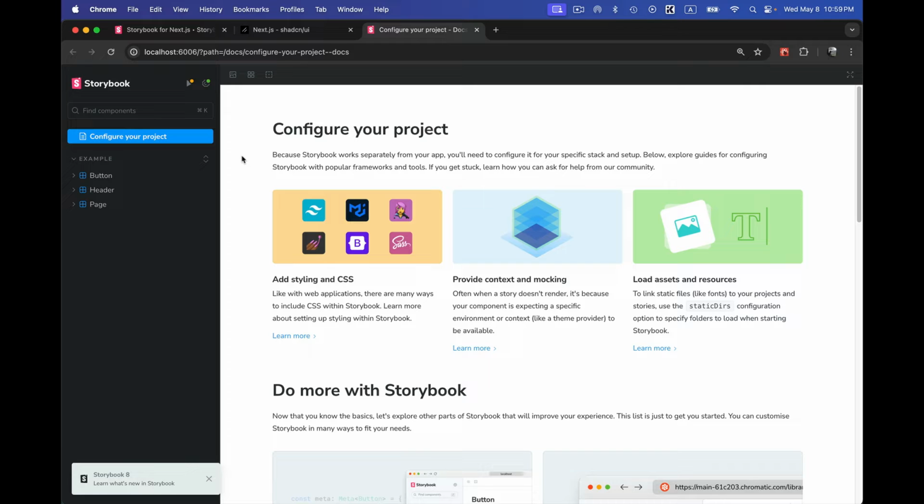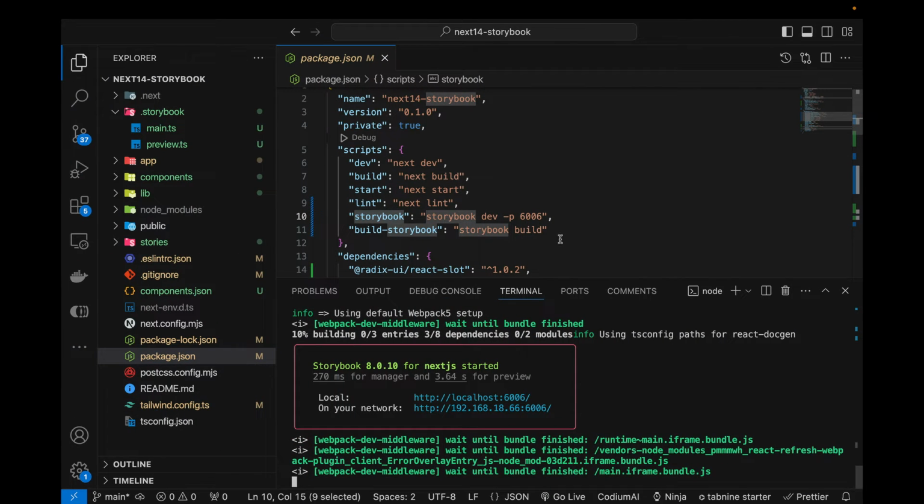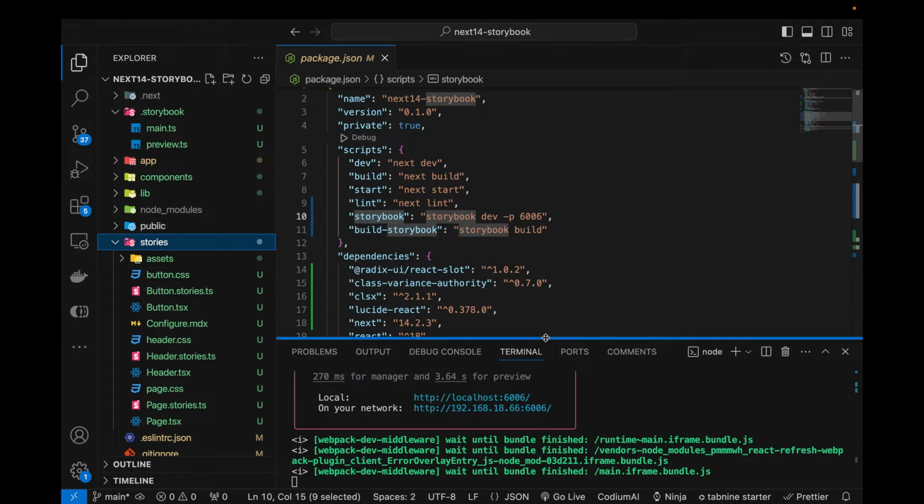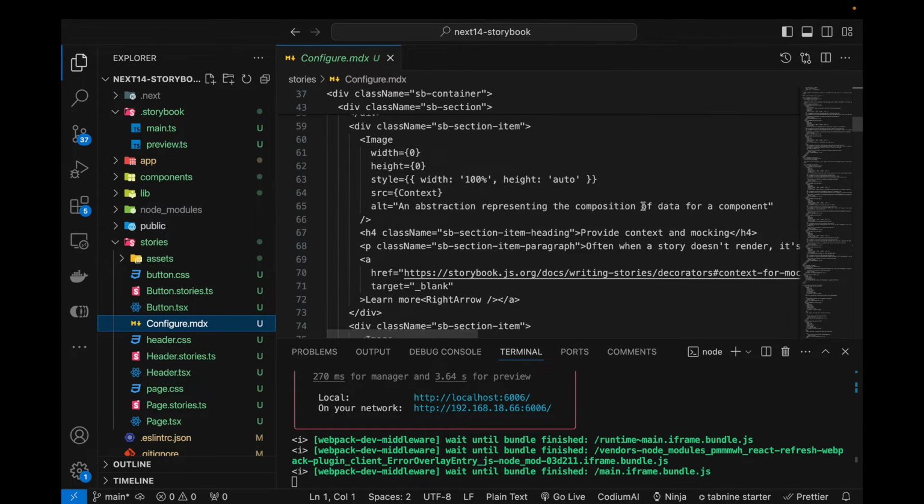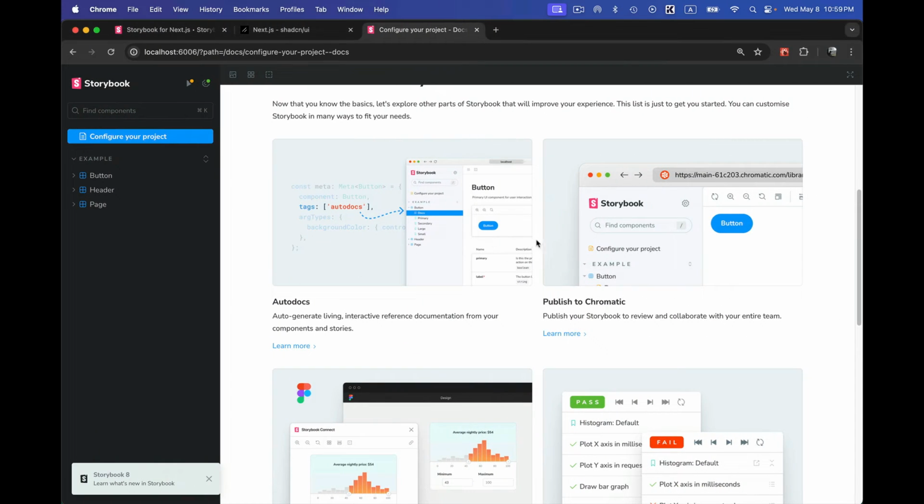So you can see that it has generated this configure your project page, and this particular page is the introduction to this project that we have created. These are just introduction. When we build our own project, we have to update our file, which is called configure.mdx, and we can place this file anywhere in our project. So configure.mdx, and you can see that it contains all the information that we have over here